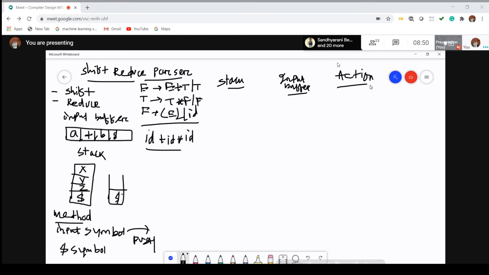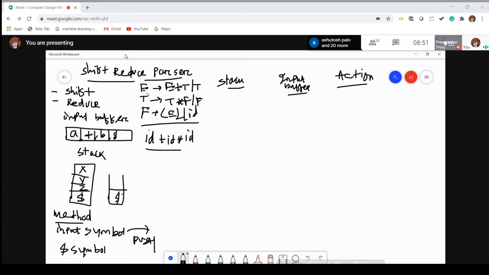So how will the compiler work in this case? First it will convert all the symbols into a particular symbol, then the next input symbol goes for conversion, and finally you get the start symbol. In this example there are three non-terminal symbols: F, T and E. First it will convert all the symbols into F, then into T, then from T it will be converted to E. Once you reach E, that is the start symbol, you have to stop there.